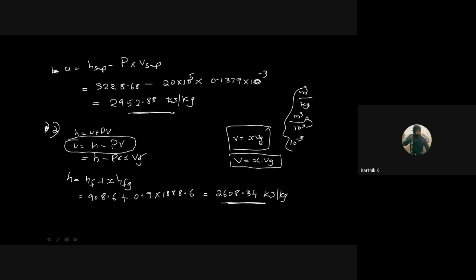Then just substitute the value. That is, U equal to 2608.34 minus pressure, which is 20 into 10 power 5, into X into